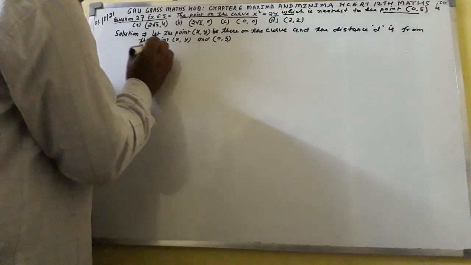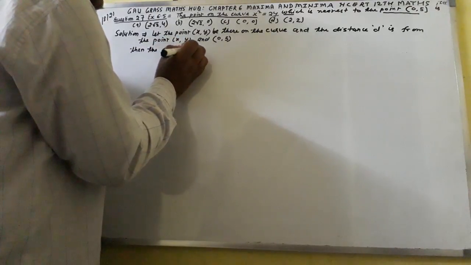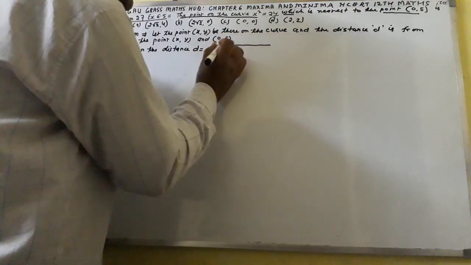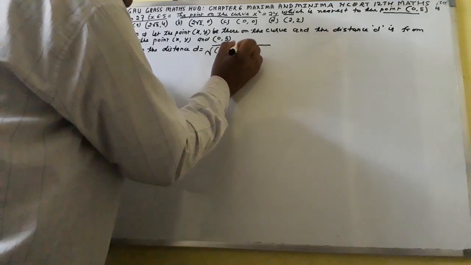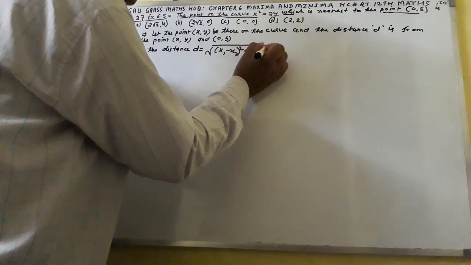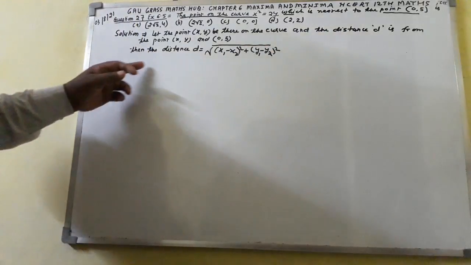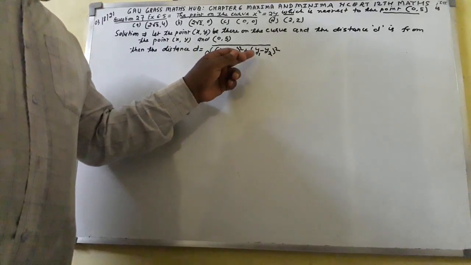Here I shall write then the distance d equal to under root (x1 minus x2) whole square plus (y1 minus y2) whole square. Then the distance d equal to under root (x1 minus x2) whole square plus (y1 minus y2) whole square. So here